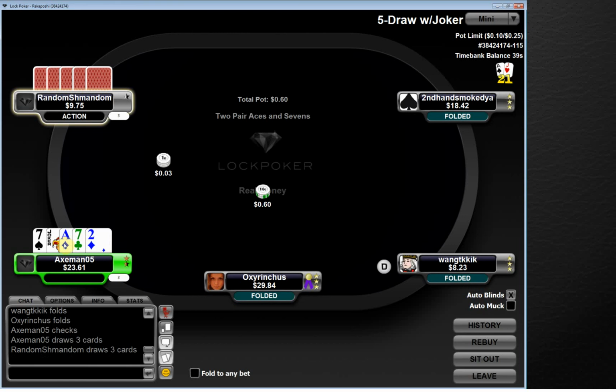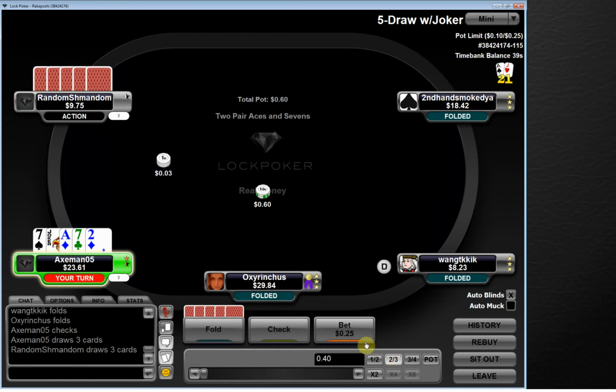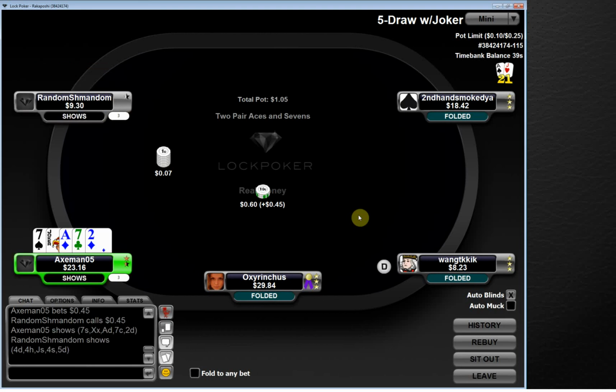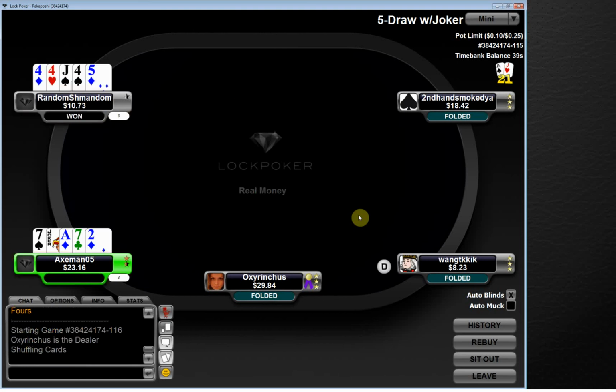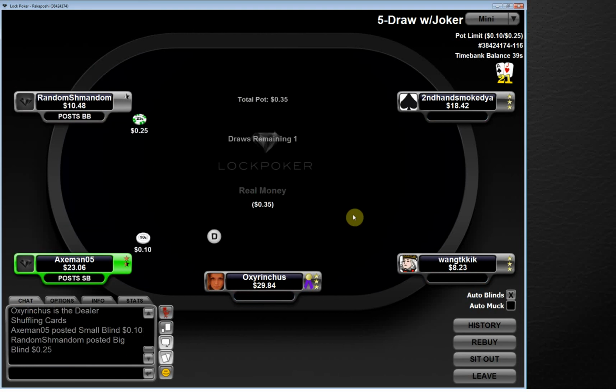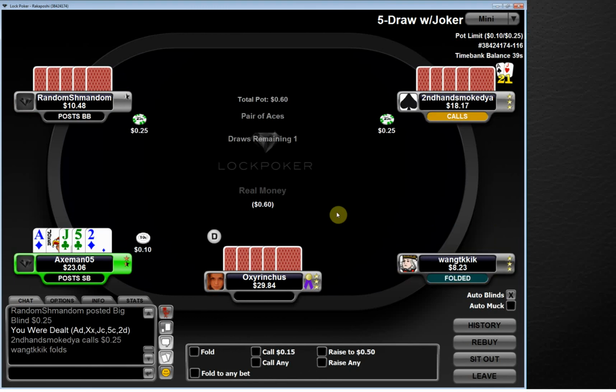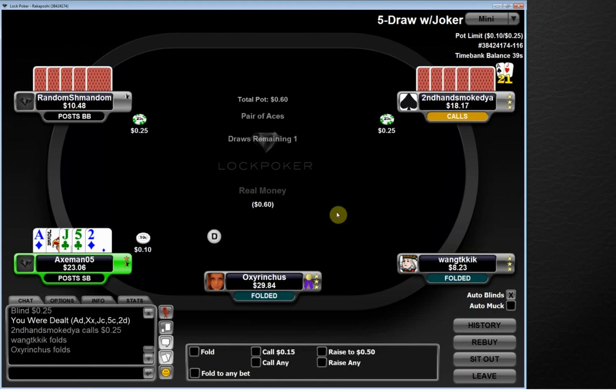So here I hit 2 pair, aces and 7s. Definitely a spot I can bet it. Bet it fairly strongly. Try to get called by all sorts of worse 2 pairs and 3 of a kinds that beat me. So aces up loses there. Hopefully I can turn a profit by the end of this, and